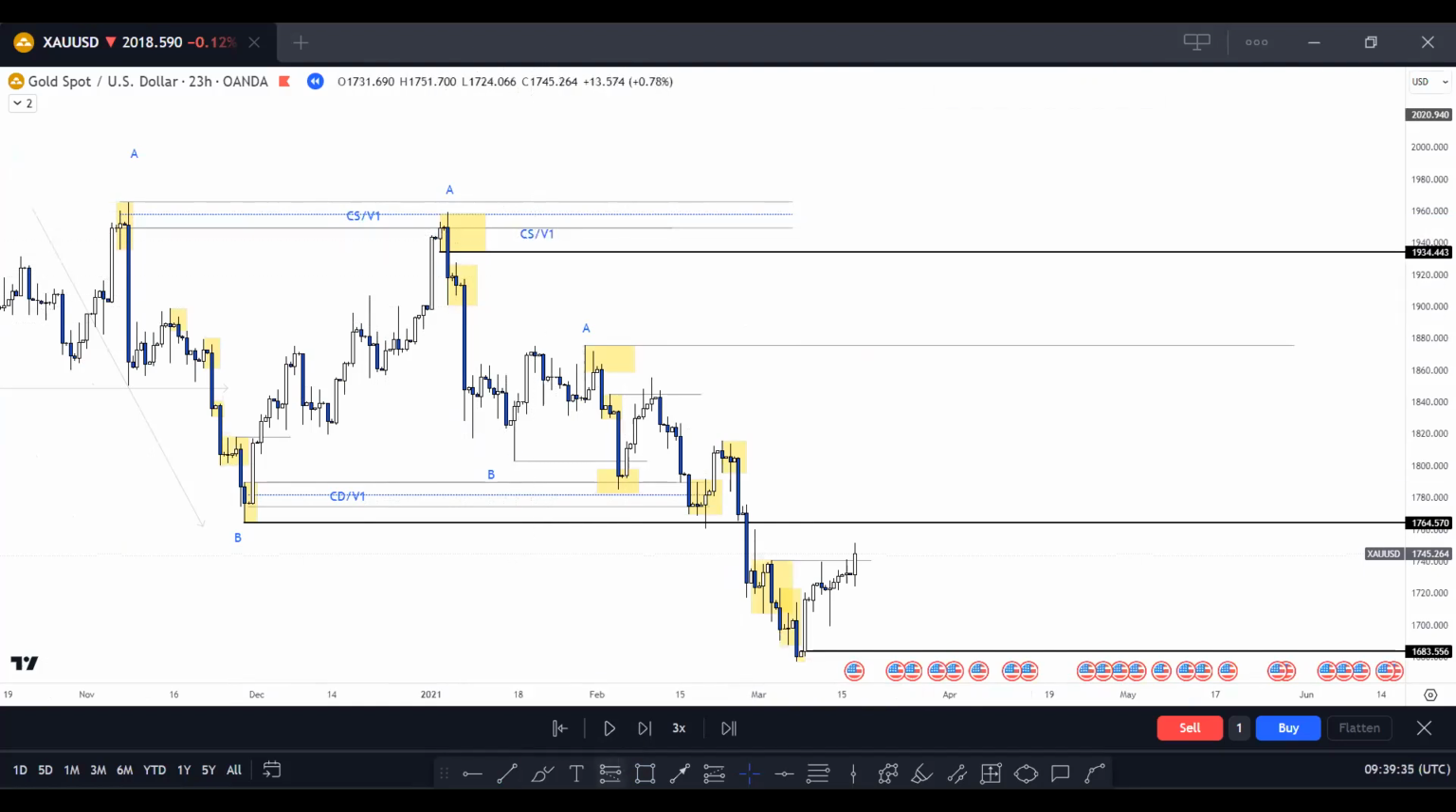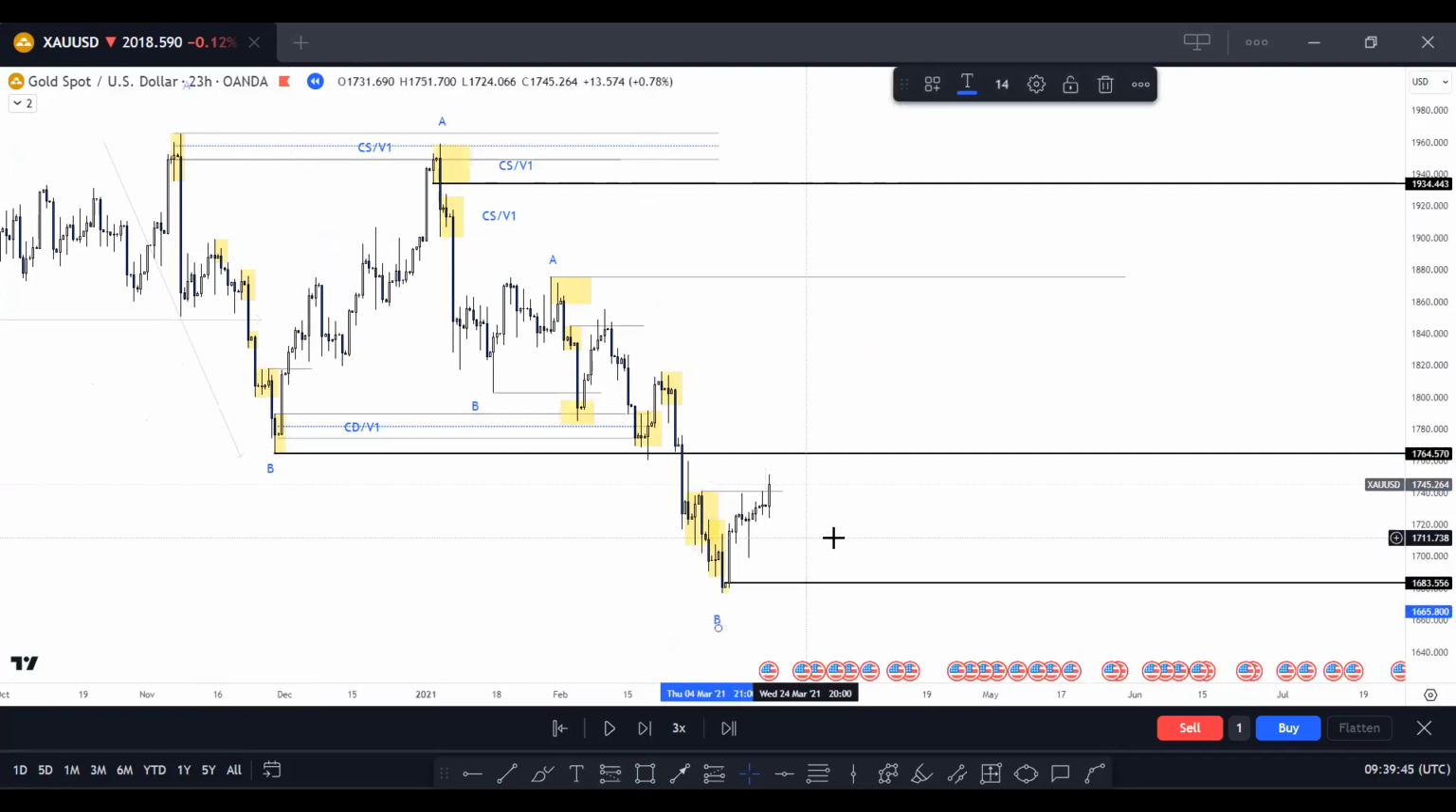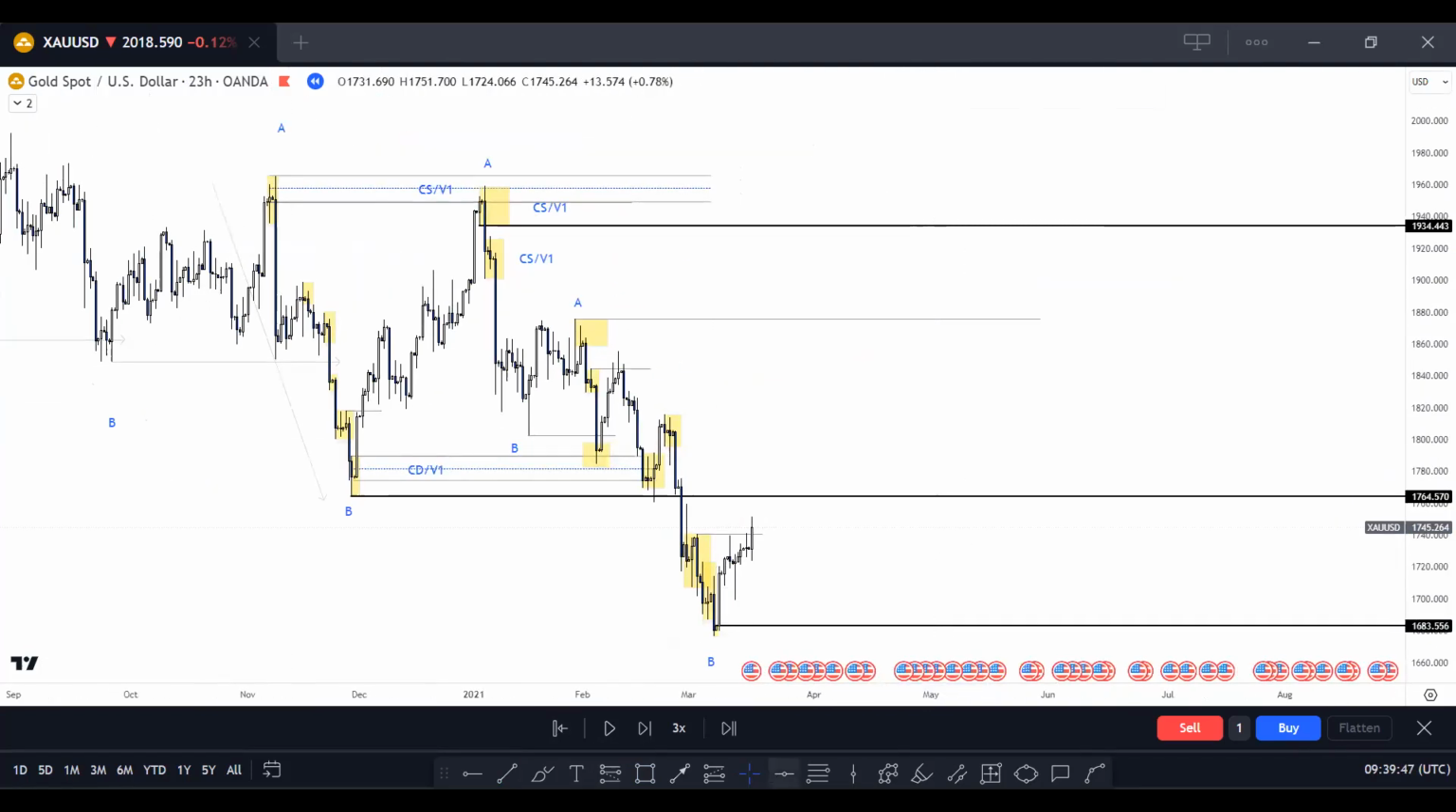And all this is just control supply. So because I have this formation, BAB, all in play, my trade opportunity is clear. I have a buy opportunity from here